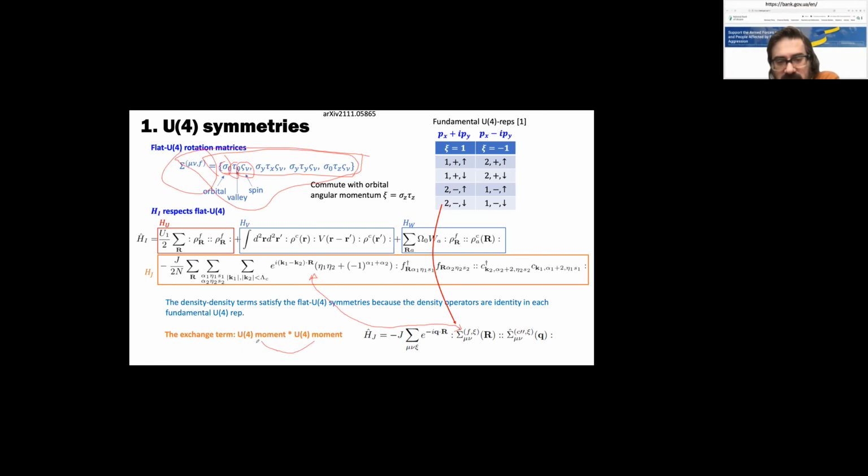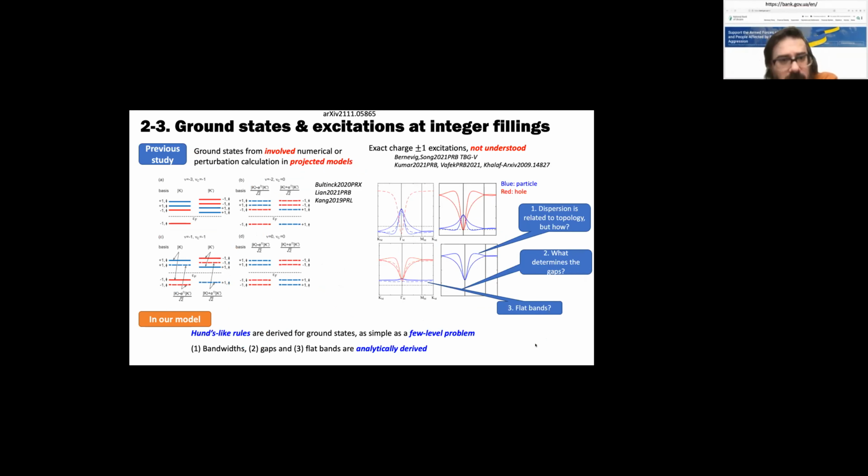So it's like a spin-spin interaction, but with a U4 moment times a U4 moment of the F electrons and of the C electrons. Okay, so armed with this, what can we do about the insulating states? And again, in the projected models, so in the strong coupling models where you just project into the flat bands, there's an understanding of these correlated states that